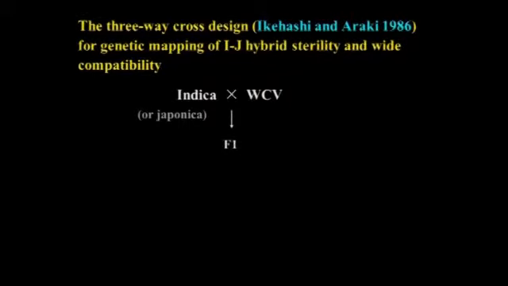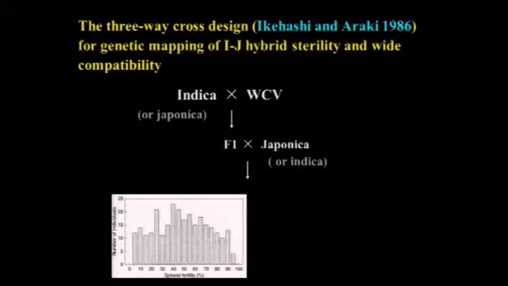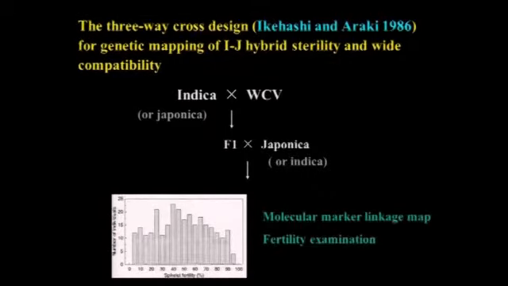And then get F1. F1 is crossed to another type, indica or japonica, or the other way around. And then get the progeny and do the progeny test to examine the fertility of the progeny by spikelet fertility or pollen fertility or embryo sac fertility, depending on your ability to evaluate. And then